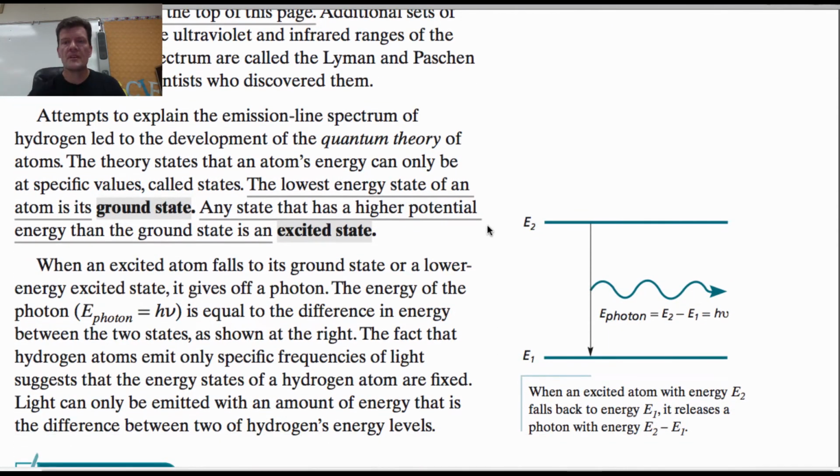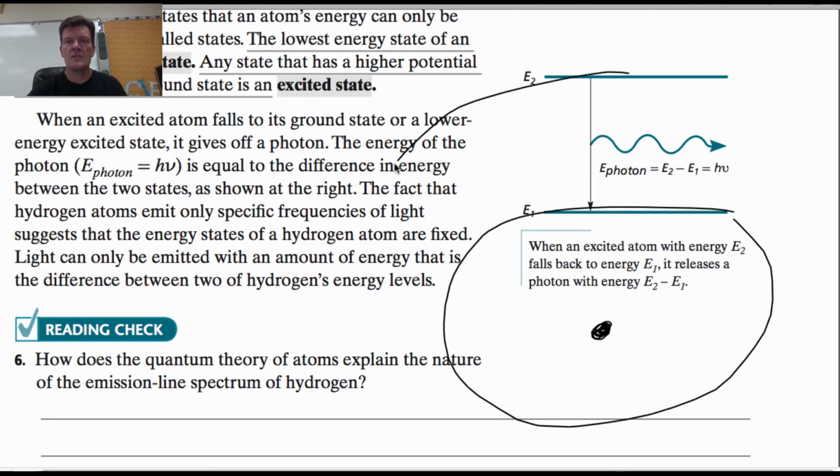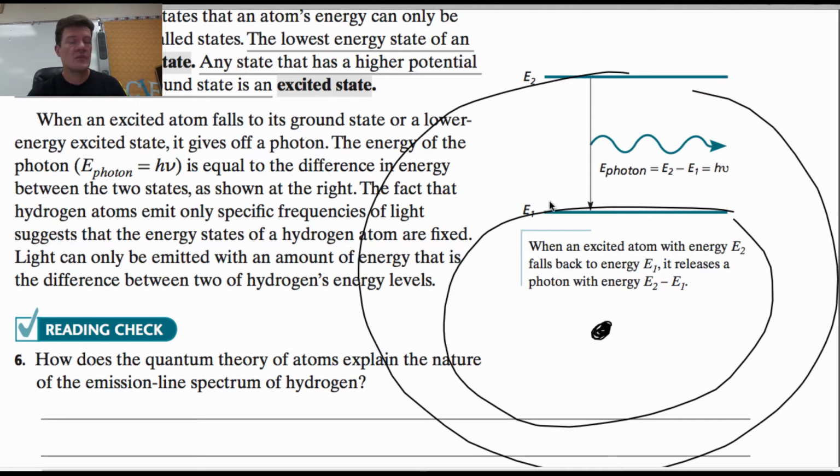I'll tell you. So let's imagine, here's your nucleus, okay? Your protons are in there. And you've got these electrons that are somewhere around the nucleus. But they're not just anywhere. They are at specific energy levels, and only at those specific energy levels. So when light comes in and hits this atom, the electrons get excited. They absorb that energy. And if they absorb enough energy, they will go from one energy level up to another one. So imagine this electron right here gets hit with enough energy from light, it goes up to the next